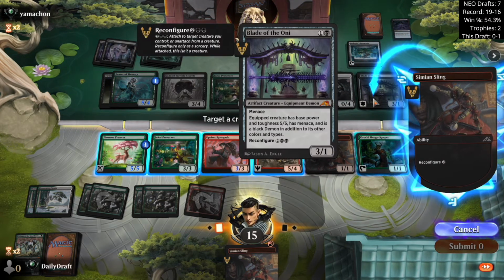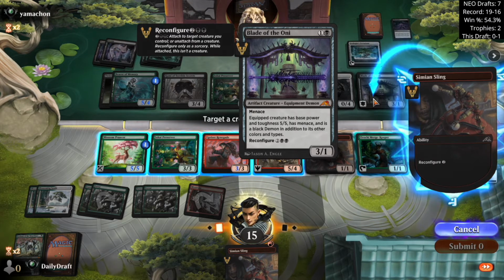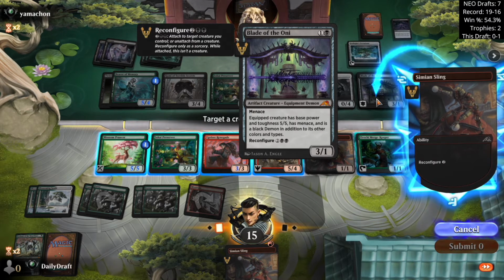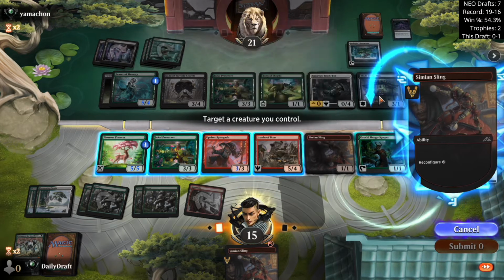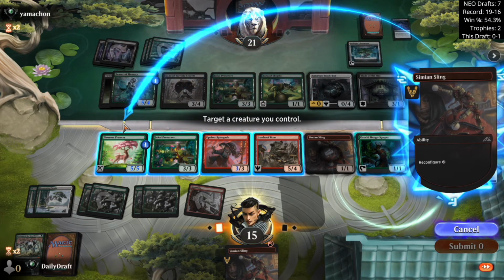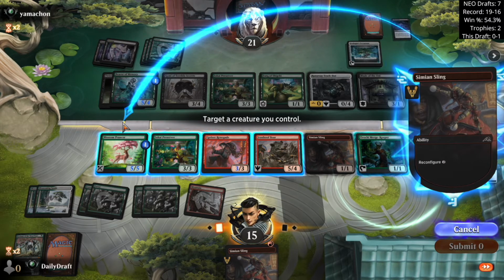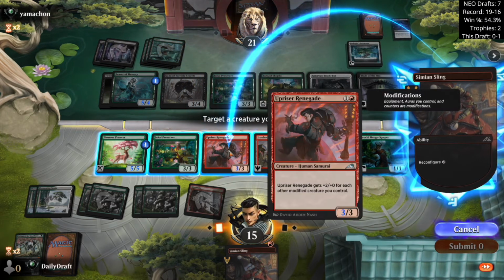So what does this even do? 5/5 Menace? It makes a creature a 5/5 with Menace. Okay, so they can just start mowing down our board one creature at a time. We just have to trade with all of them, basically. So let's put it... Guess if we put it here, it becomes...